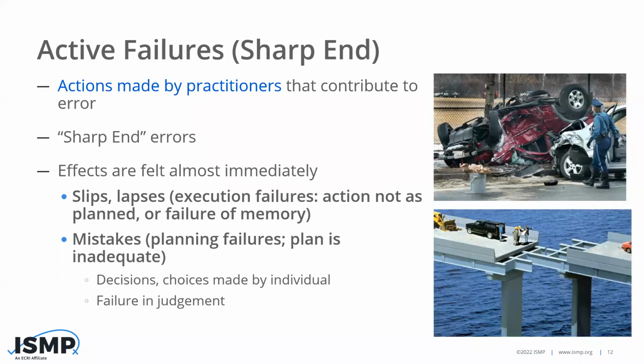The second thing, though, in the book we have to discuss are the mistakes, which are planning failures or decisions that we make. So human beings can either just slip, misread things, have a lapse, or we can make a decision, and sometimes the decisions are the best in the world, right? We'll talk about this in a couple more slides. The type of decision that we made and the reason we made the decision often come into play in harmful events as well. Next slide, please.